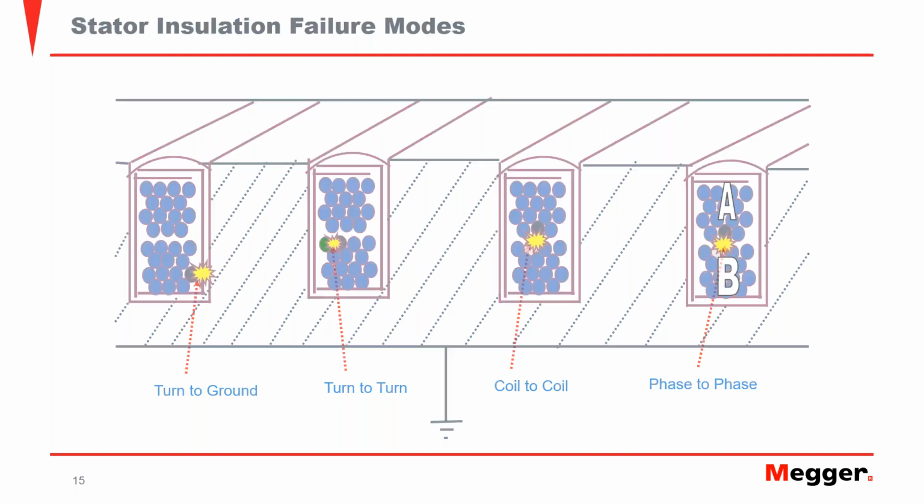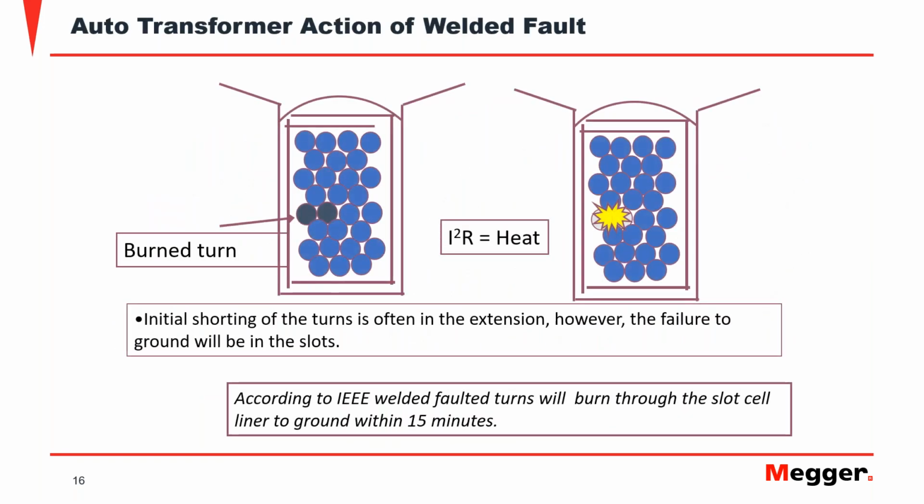Now, when we have shorted turns in the machine, we create an effect of, let's say, an autotransformer, because when two turns touch one with the next, a circulation of current is created, which means that we have a huge amount of current that circulates between these two turns, which in turn creates a lot of heat. And that's why the initial shorting of the turns initially happens outside of the machine, but